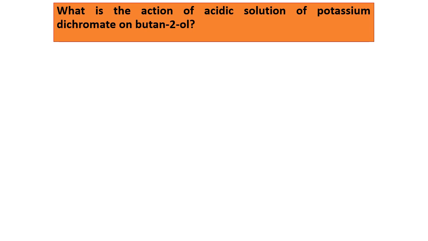What we'll do is take a chain of 4 carbons, 1, 2, 3, 4, number it because we want to make the structures as per the name. So we have the name with us, we will follow the name, butan-2-ol. On the second carbon, I am going to put one hydroxy or alcohol group, right? And then we will balance the remaining valencies, that is CH3, CH, CH2, and CH3. So we get this particular structure of butan-2-ol, and now we are carrying out the oxidation action of potassium dichromate,